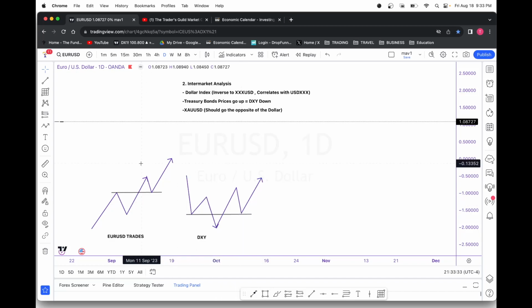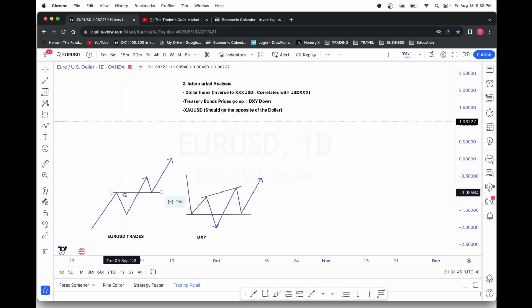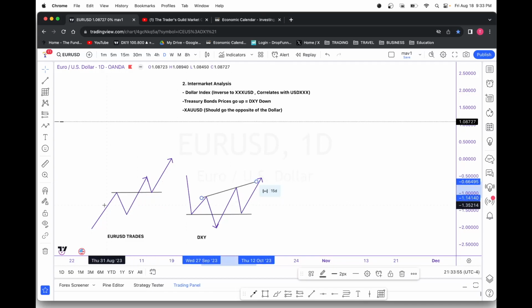All right, something like that, right? But the idea being, let's say that the dollar had recently just created a higher high. So I see a higher high on the dollar, and then I'm seeing a higher low on Euro USD. That means that the dollar is now beginning to trend up, and Euro USD is still trending up. All right, this type of situation makes me start to doubt, and not doubt, but anticipate, right, a